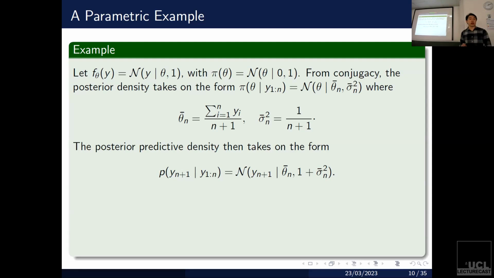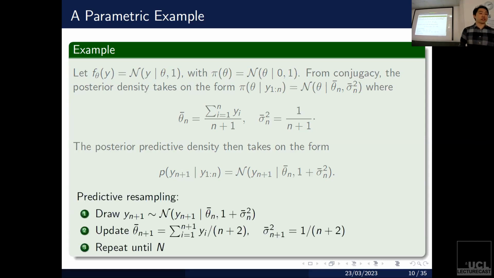But now we're going to actually take a step back. We're going to start with, instead, the posterior predictive density, which again is tractable from this model. We know P of yn+1 given y1 to n is going to be a normal distribution, again, centered at essentially the sample mean, with a variance equal to the sample variance 1 plus this posterior uncertainty 1 over n plus 1. So let's forget the posterior for now. Let's start with this predictive density directly. It's pretty interpretable. What we're saying is that our new sample is essentially just going to be the sample mean, and our variance is going to be approximately 1, shrinking at rate 1 over n.